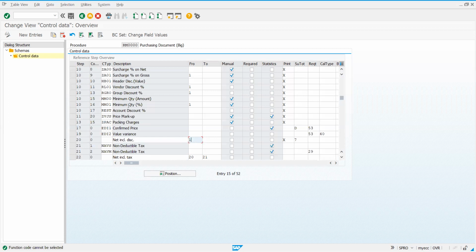Whatever discounts you define based on gross price are deducted, and then you have 21 and 22. These two steps include tax. So net inclusive of tax is from step 20 to 21. From step 20 to 21, meaning you get some price as net inclusive of discount, and on that you are charging tax. Whatever tax you have, that you are charging here. So that is the reason for from and to.